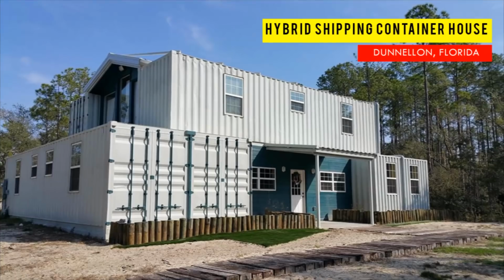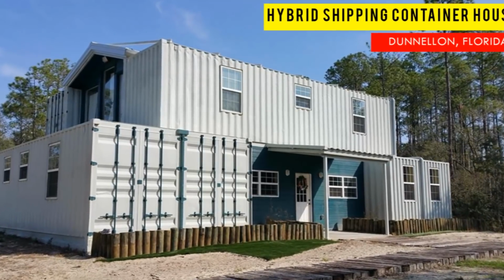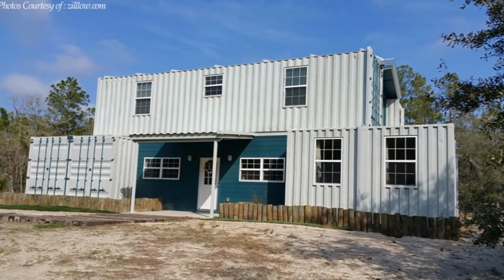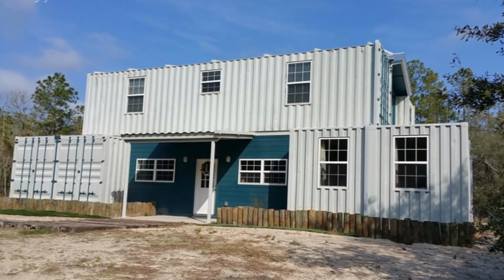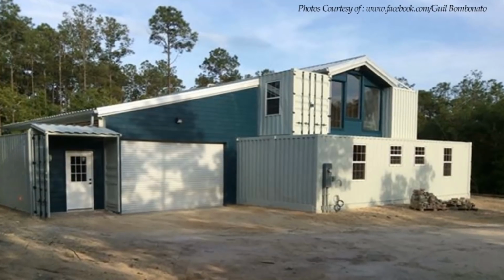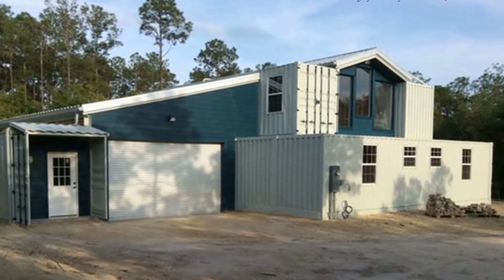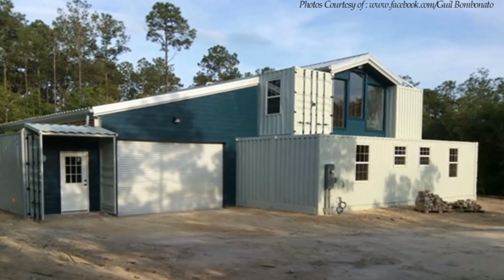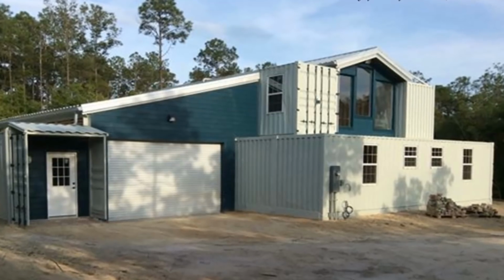$135,000. At number 4 is a hybrid shipping container home in Dunnellon, Florida. The house is built from 7 40-foot shipping containers to create 3,400 square feet of habitable space distributed on 2 levels. There are 2 pairs of containers set apart on the ground level with an additional container at the back in a T-shaped layout. The infill space between the 7th container in the T position is framed out and covered with plywood to create a